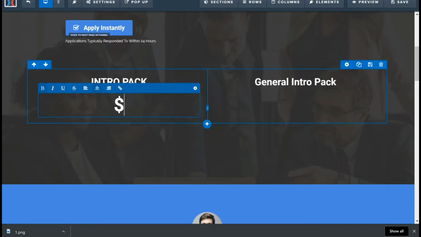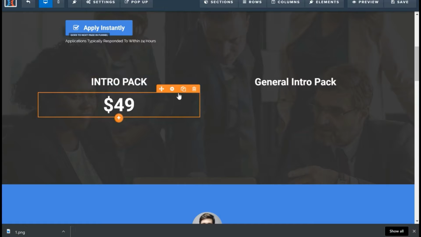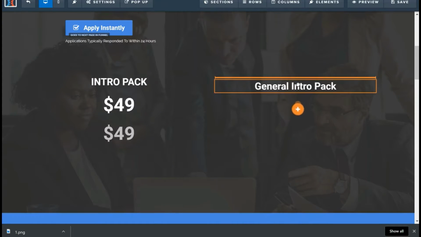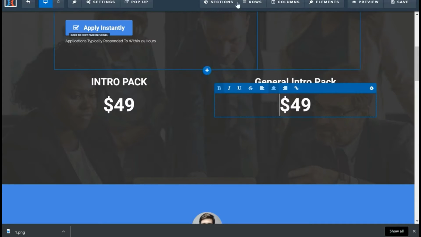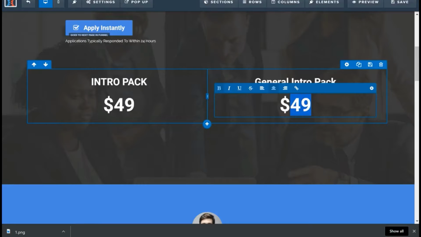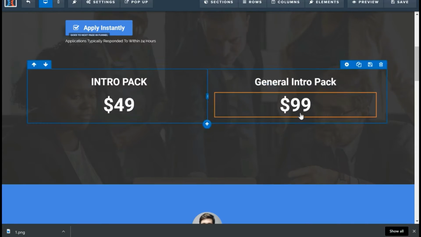So $49. And what you could also do is, if you wanted to just copy this, just go copy, and then you can just move this over here. So instead of just keep adding new ones, you can just move it over. So for this one, it's $99. And right at the bottom of both of these, I'm going to add a button that will say buy